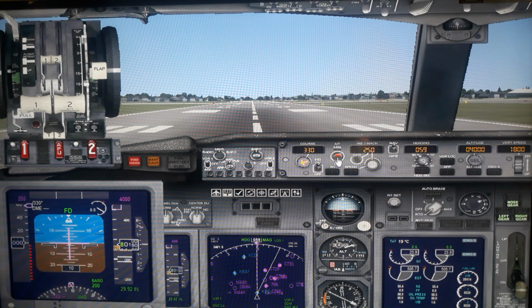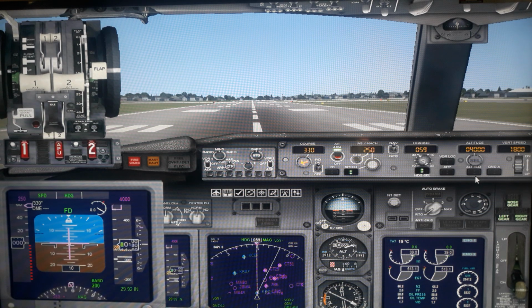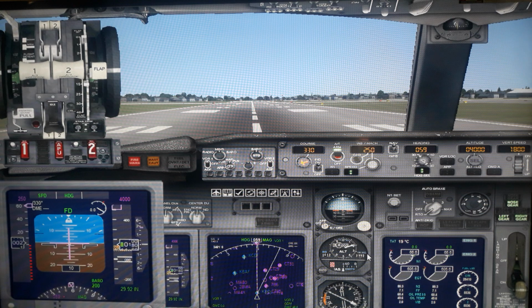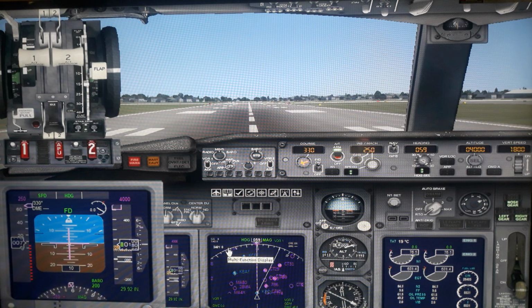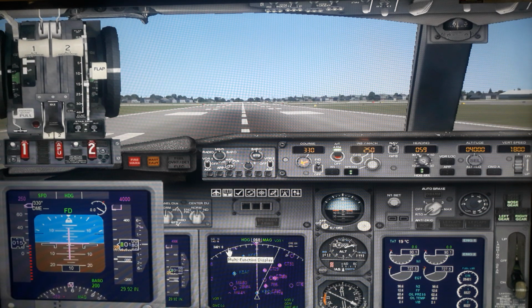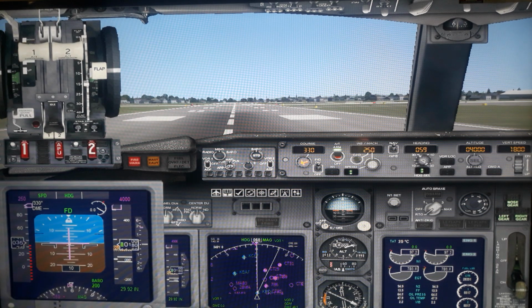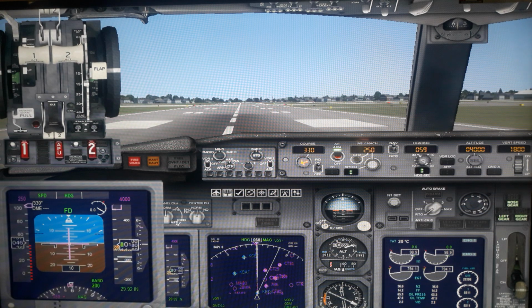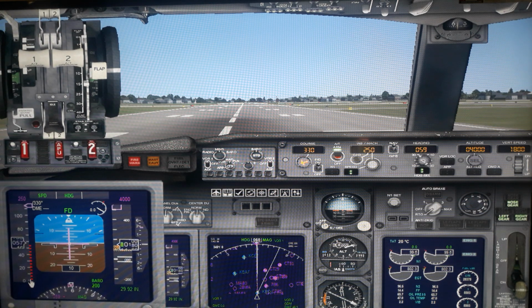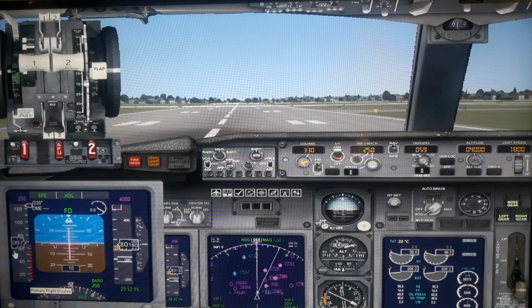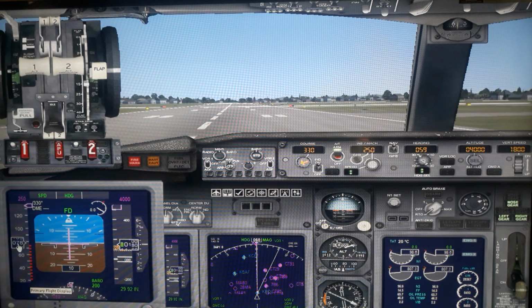So we put the auto throttle here, you see, and I will put the heading hold. I'll put the speed hold. This one I will do after takeoff. And autopilot I will do. Now see the plane is taking off. So I will use the rudder pedal to keep in the center line. We are at around 140.